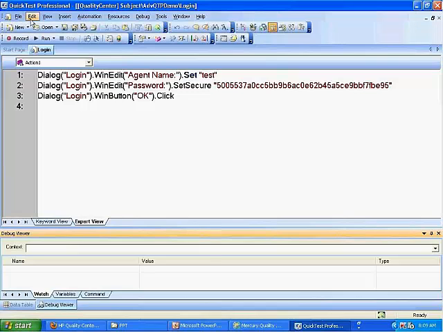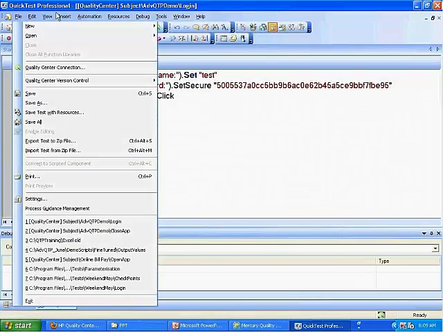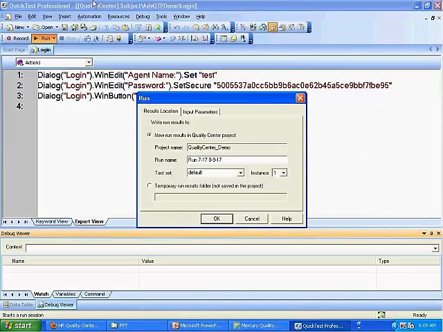you see, whenever I try to run this test, now you get a different window. Whereas if you don't have a Quality Center connection, you don't get these options. Because you established a connection to Quality Center, whenever you run, it is going to store your test results with the timestamp, update all those results with the status, pass or fail, and save to the Quality Center repository. So if you click OK,